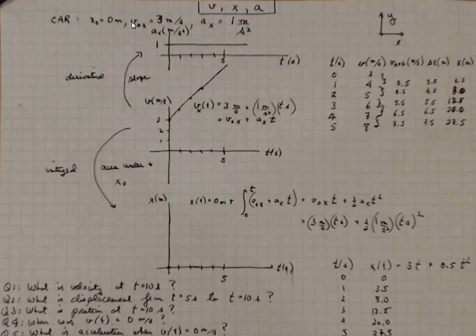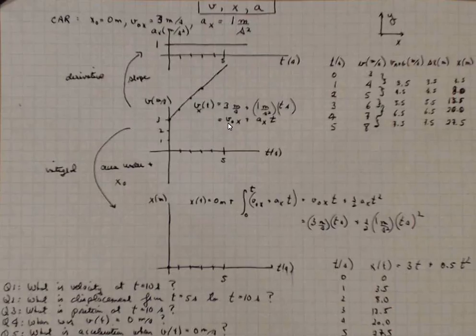And let's say that the initial velocity was 3 meters per second, and the acceleration was constant and equal to 1 meter per second per second. So starting with v versus t in the middle here, I'm going to make a v versus t plot now of velocity on the vertical axis versus time on the horizontal axis. Time is in seconds, velocity is in meters per second. And so with the given information,